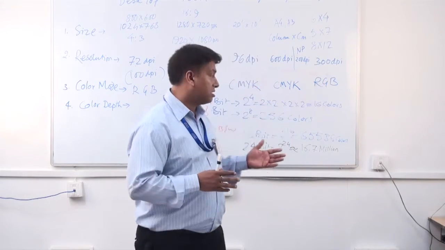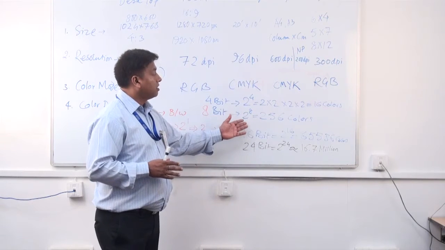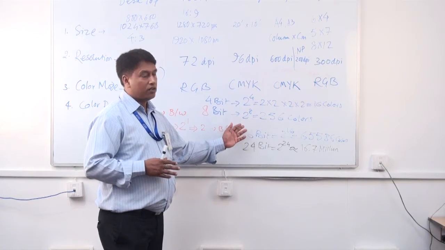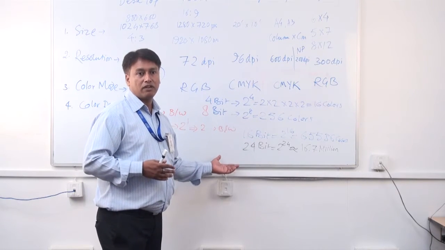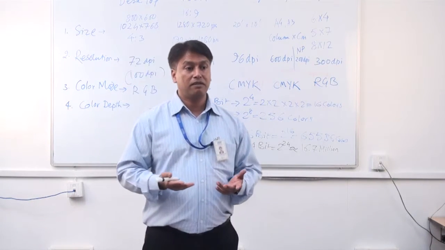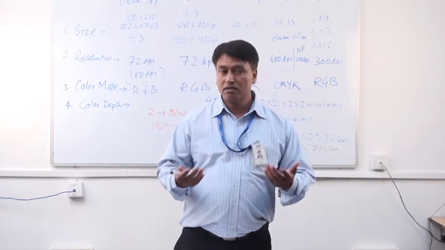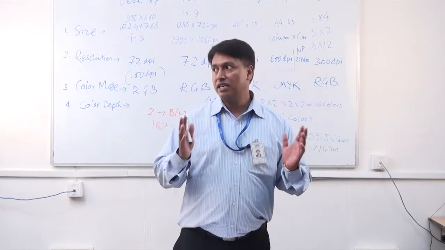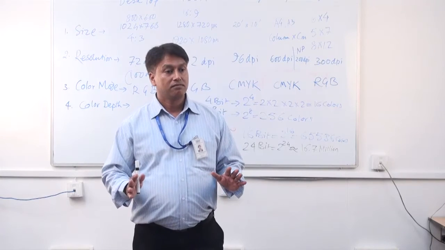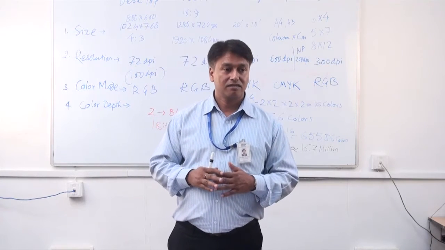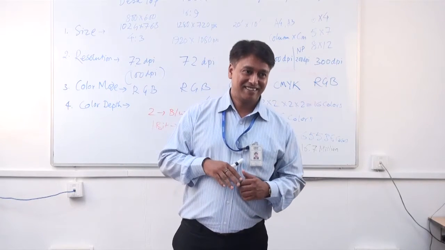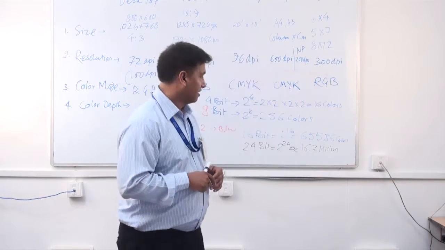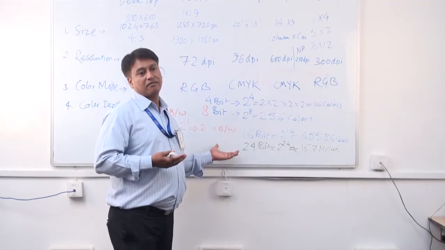But since this is a computer working in binary mode, it calculates in 2 to the power 8, 4, 16, next is 24. That's why it will have 16.7 million colors, but we cannot see it. We cannot distinguish it. We can distinguish only 9 million color shades. Got it? This is an overkill. Our upper limit is 9 million. But the system works in this way only.